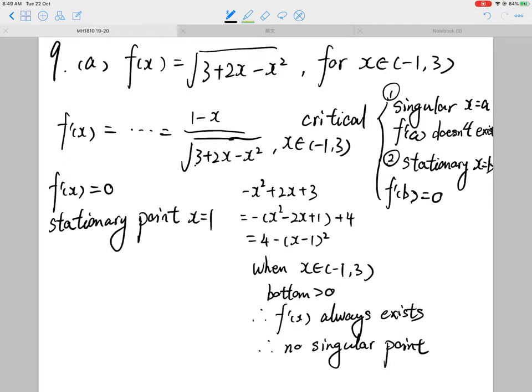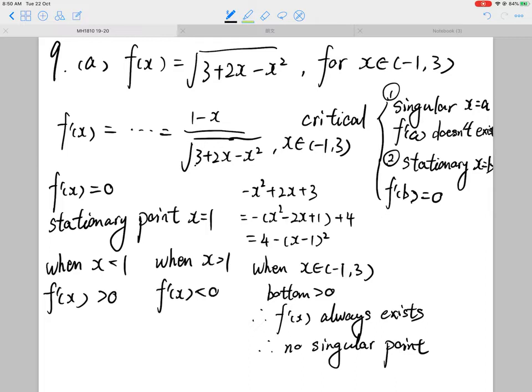So theoretically, we have to figure out its second order derivative. But for this part, we don't do that. We just look at the derivative. When x is smaller than 1, 1 minus x is positive, and the bottom is always positive, so the derivative is greater than 0. When x is greater than 1, the derivative is